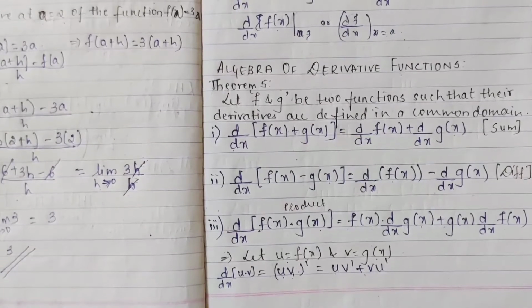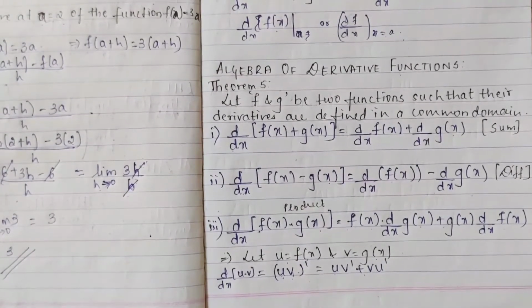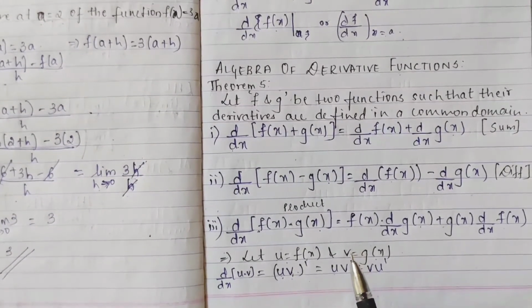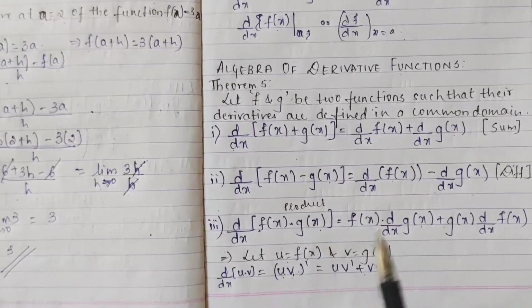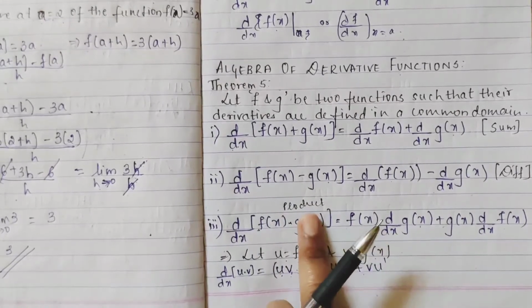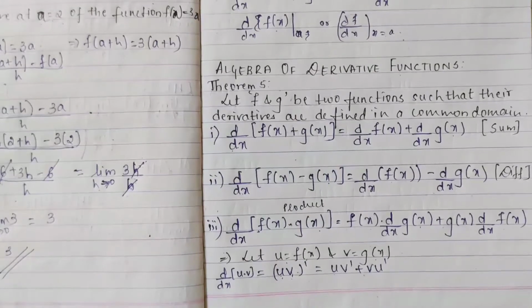Okay, in your +2 level you learn about differentiation, what it means and all. Differentiation means nothing but finding the derivative, and the derivative you call f dash. So f of x g of x means keeping the first term as it is, deriving the second term, plus keeping the second term as it is, deriving the first term. In terms of uv, you can write it like this.